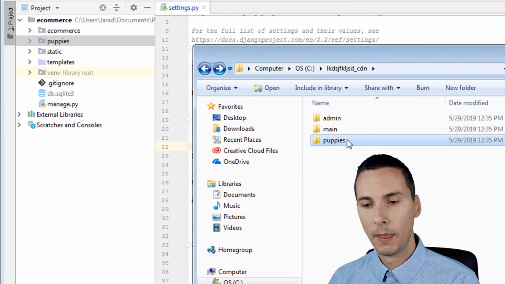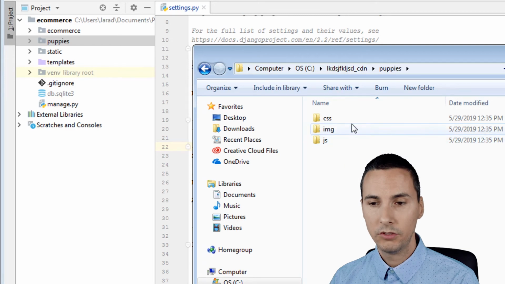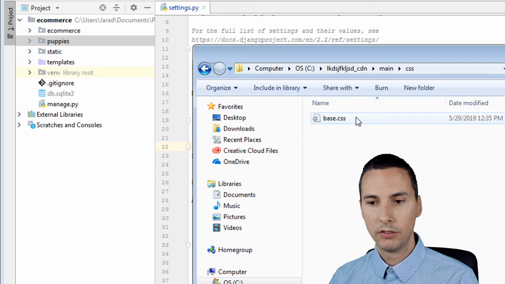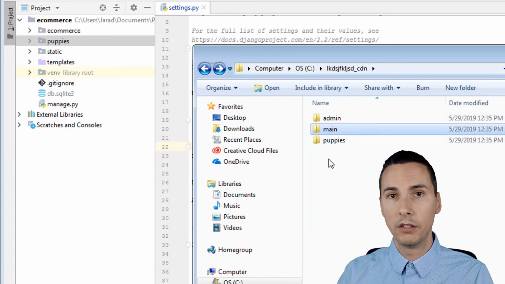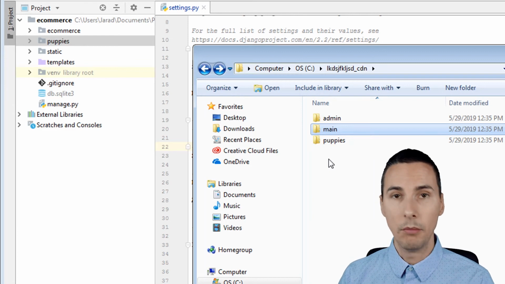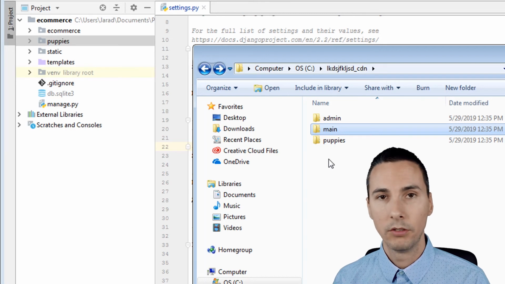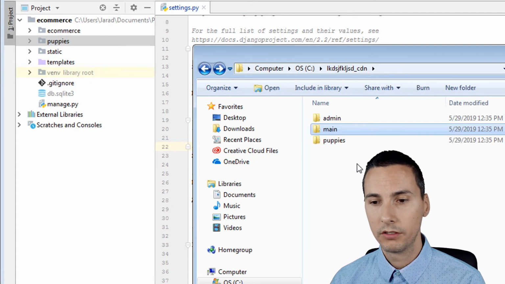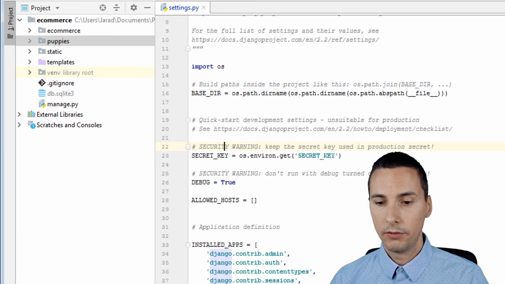Now here's where the important point comes in. Notice the namespacing. We have puppies CSS, and then we have main CSS. If we had not namespaced these, we would have two CSS folders here, right? That's base.css. This is also base.css. There could be files overridden because of the same name, because it's basically putting everything in one directory. It's not going to create two files with the same name. So that's why you really want to namespace it. Hopefully that lesson is very clear from this. Now, all that's left to do is